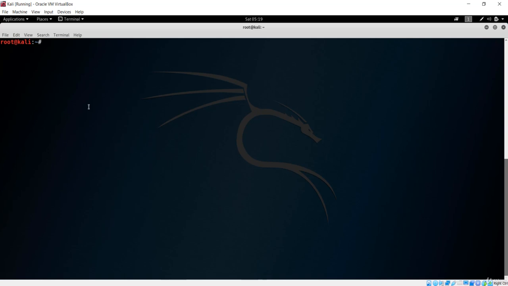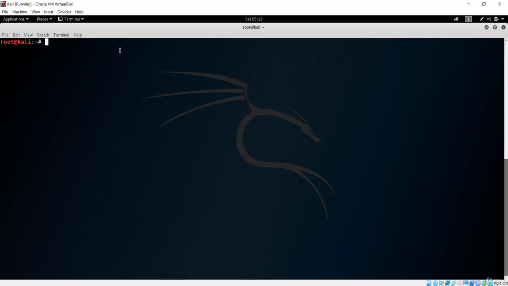So the next thing is, if you know the version number of the package name, then you can do something like apt-get install and give the package name, so VLC. And if you want a specific version, you can simply do something like this. If you want the version of VLC to be installed, it should be only 11.1. If you want Python, and you want the Python version, that should be 2.7. If you don't give the version, it will simply download the latest version. If you want the specific version, you can simply give an equal sign and the version number after the package name.